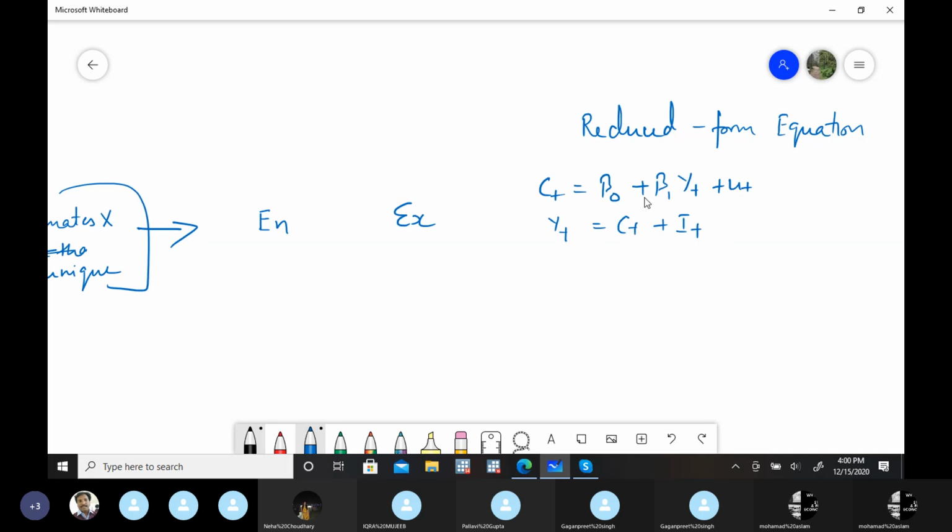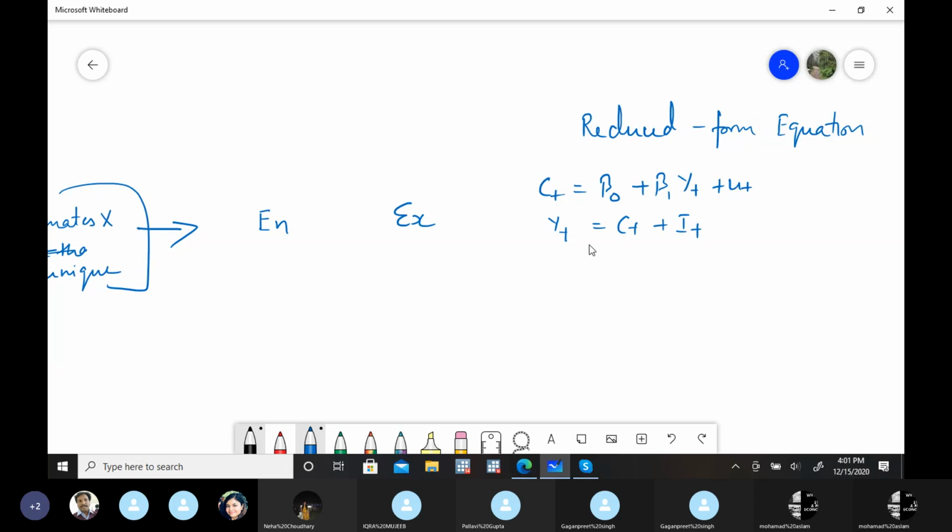that will be the case only when you get these results; then you have to see whether they are unbiased or not. But before that, the first thing is, is it possible to get all these estimates? All these betas, if we combine these equations, is it possible that we will get all these estimates? That's the first question mark here. So to understand that, first just understand this reduced form equation.